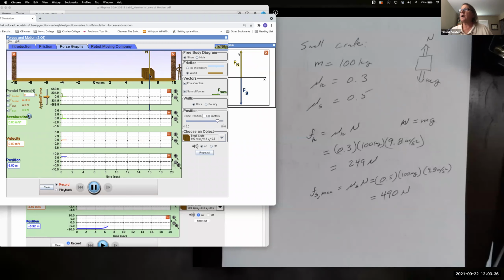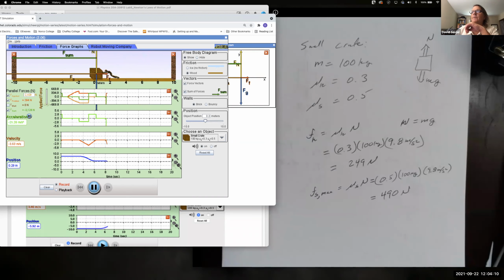Okay. So if I start pushing it this way, you get a force, a force, a force applied, a force applied, a force applied. Eventually, I get a sum of forces. You see here, my friction force was positive because my applied force was negative, but it's still matching in magnitude. We're matching in magnitude up to the maximum applied force.